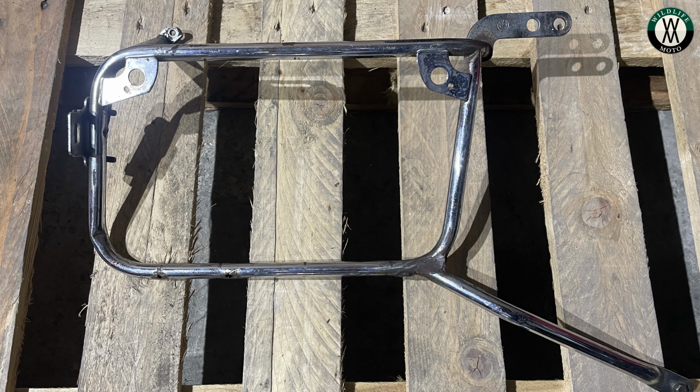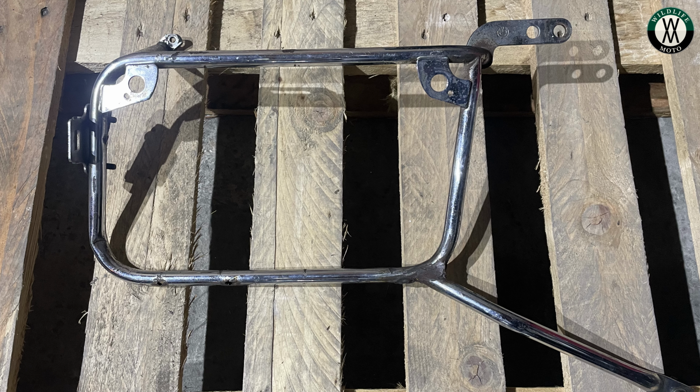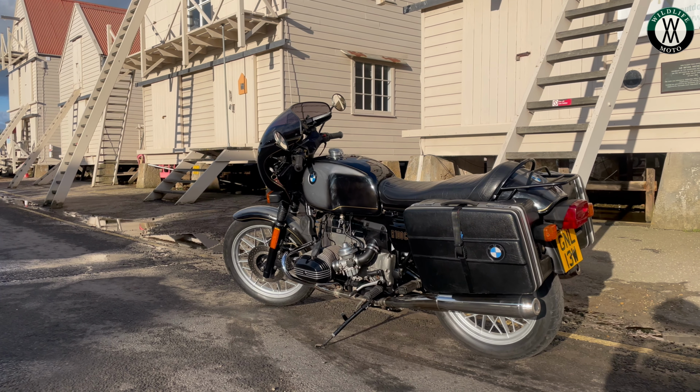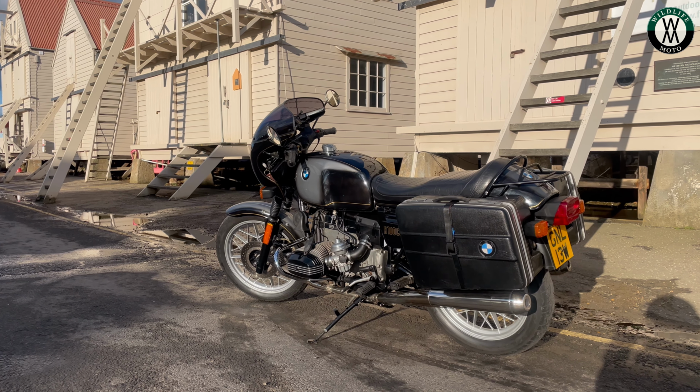And I think for most of my riding, I'll actually use the Trip Machine bags because they're a bit smaller. I think they look absolutely beautiful in the black suede that these are going to come with. And then for bigger tours and things like that, I can stick on the Krausers. I might give those a bit of a service as well, just change the hinges and stuff like that, because I don't 100% trust them in their current state. They are pretty old, pretty creaky. They're probably not very waterproof, but I'll either try and fix those up or get a set of replacements,